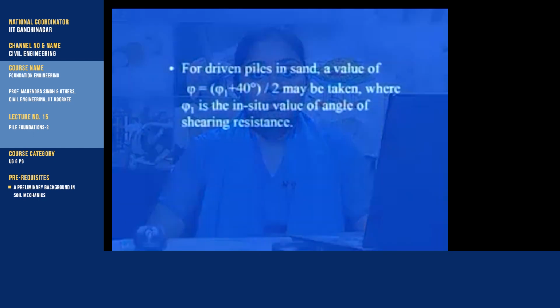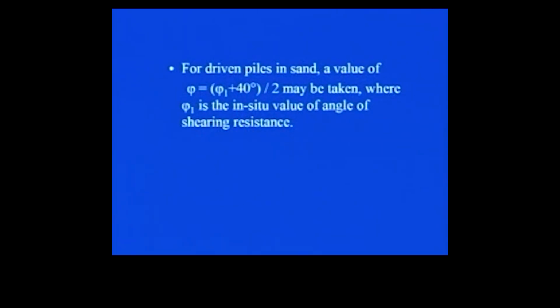Then for a driven pile in sand, the value of phi equal to phi 1 plus 40 degree by 2 may be taken, where phi 1 is the in situ value of angle of shearing resistance. So, you see here, if your shear strength parameters are c and phi 1, that is the in situ shear strength parameters, you have to modify the value of phi as per this particular expression in case you are driving the pile in cohesionless soil, that is in case of sand. So, for driven piles in sand, instead of taking phi equal to phi 1, which is the in situ angle of internal friction, you simply modify that value as phi 1 plus 40 degree by 2, and then whatever phi you get, you can go to the previous chart as I showed you from the IS code,